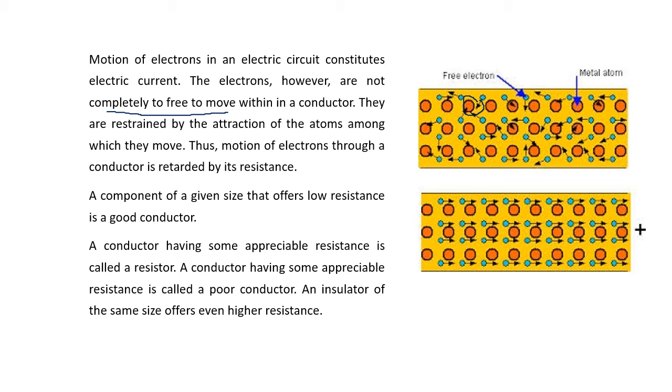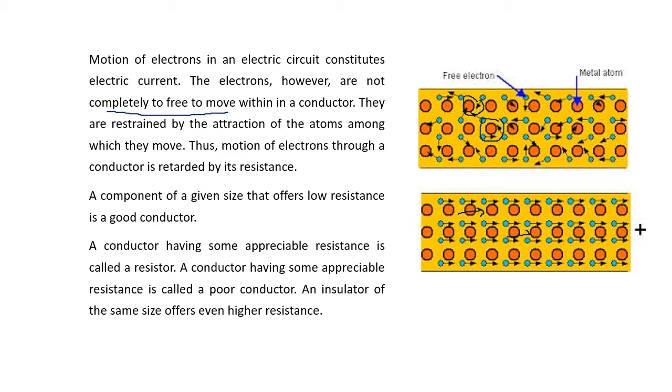Can you see this orange dot? The positive charge atoms, the electrons collide with them. Because they collide with them, they cannot move freely. They will collide with the atoms while moving. And secondly, these atoms are very closely packed. The diagram does not show it, but the atoms are very closely packed. The more closely they are packed, the more difficult it is for the electrons to flow.